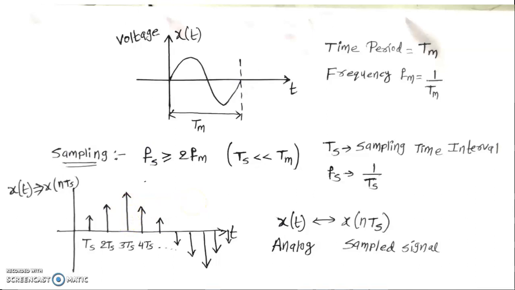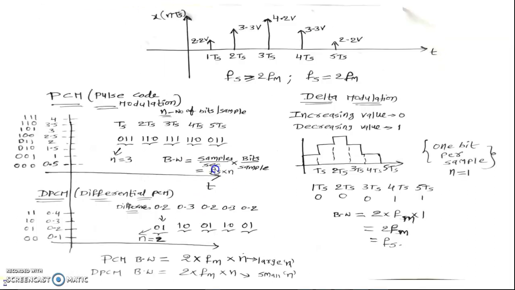This is the basic, common process for all the PCM, DPCM, DM and ADM techniques. Now we'll see the difference between the techniques in terms of the quantization process. This is the signal considered as a sampled signal, a discrete time, continuous amplitude signal. This is the sampled output signal. Now this signal is going to be processed using PCM, DPCM and delta modulation. Now we'll see how we send this sampled signal through PCM.